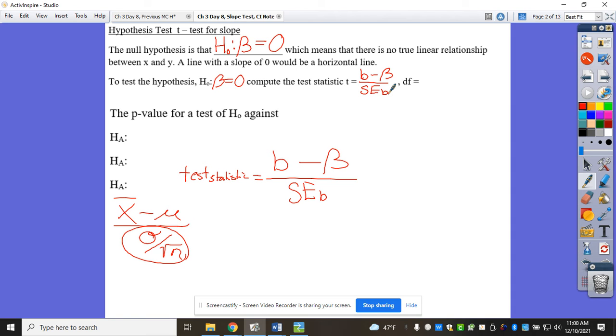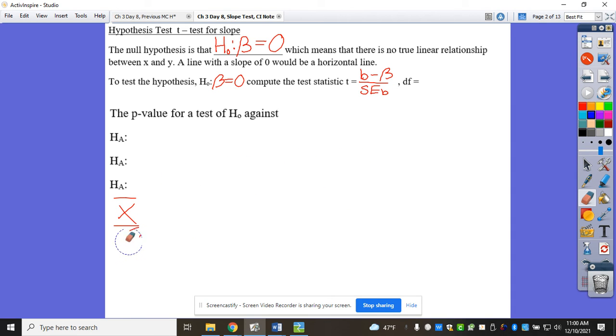Just because we're doing a test instead of an interval, our degrees of freedom is still going to be the same. And then we're going to have three different options for our alternative hypothesis. What do you think the first option is going to be? What's another option? Or